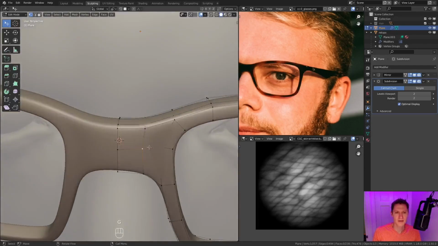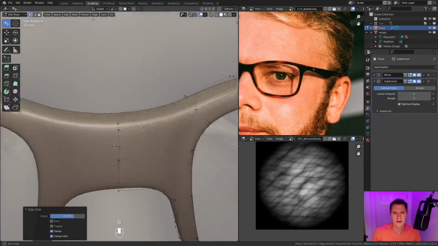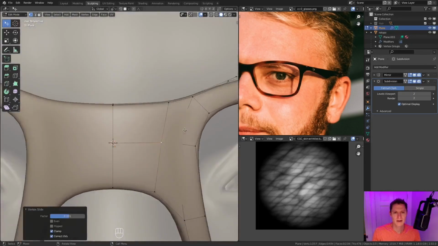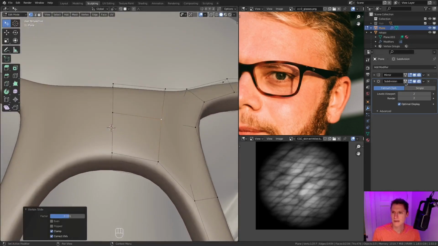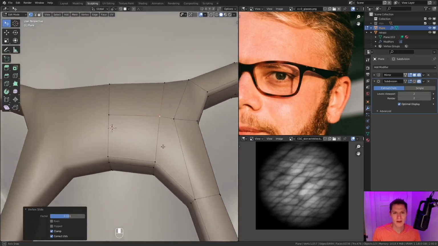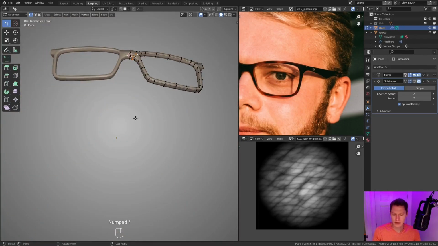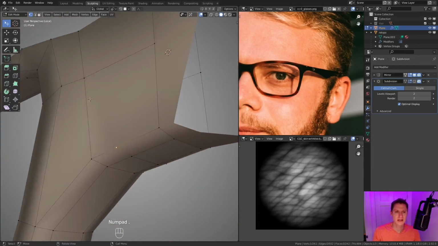Let's see, what's the best way to do that? Okay, now we'll turn off subdivision surface. And actually, I feel like this needs to kind of change edge flow a little bit. All right, let's go to local view, so we're just looking at our glasses.